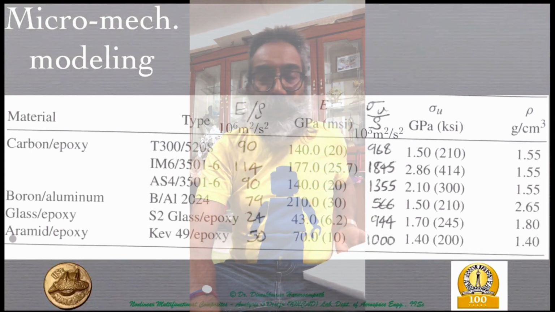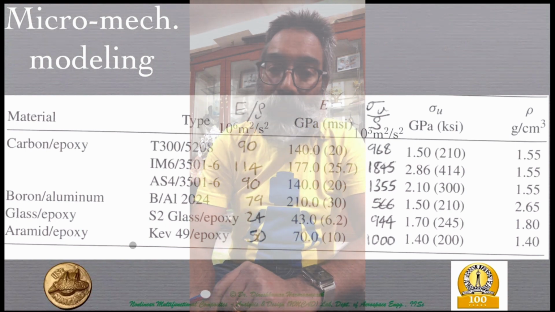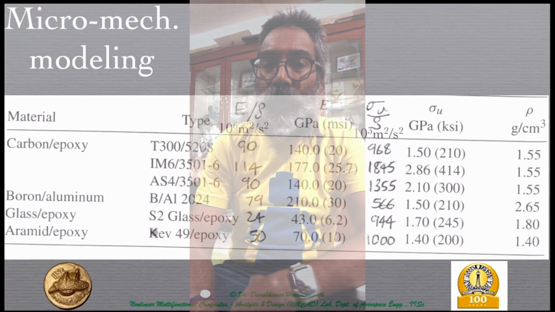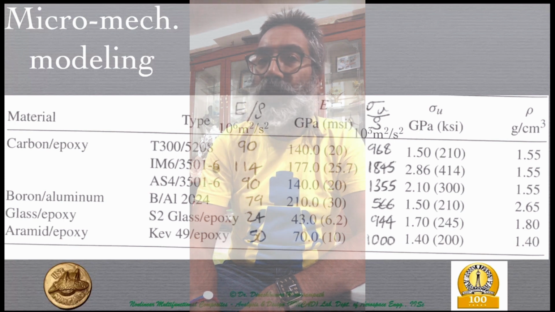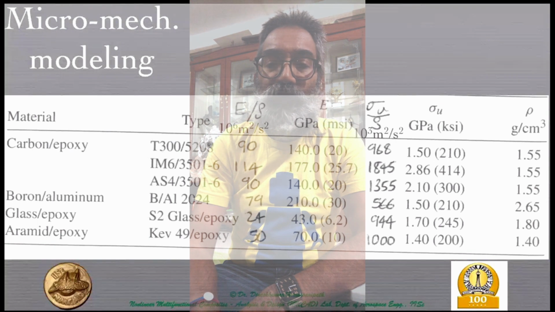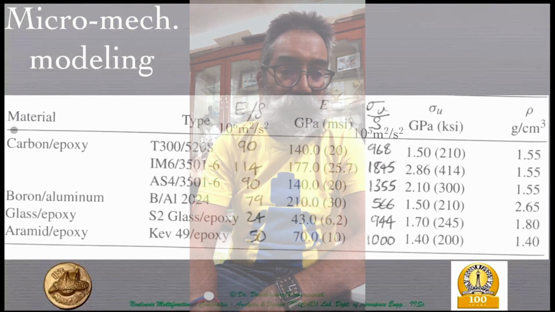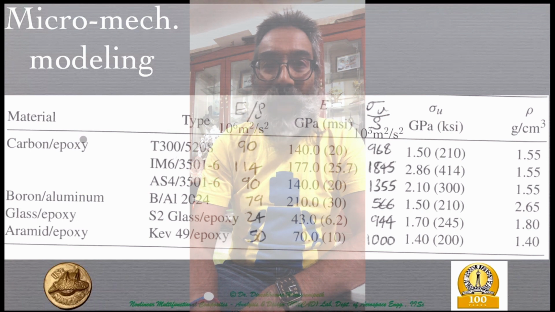And remember that I talked to you about S-glass being the structural glass as opposed to E-glass, which is electrical glass fiber. So in all of these nomenclatures, there is always a slash in between two specific entities which are mentioned. The first one being the fiber, and the second one being the matrix. So here you see that you have the fiber: carbon fiber, boron fiber, glass fiber, or aramid, and the matrix